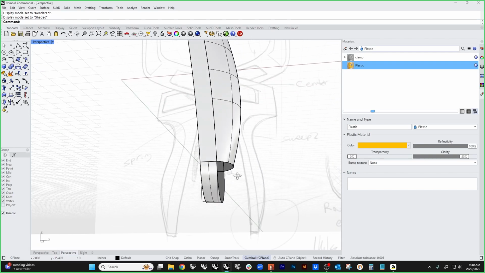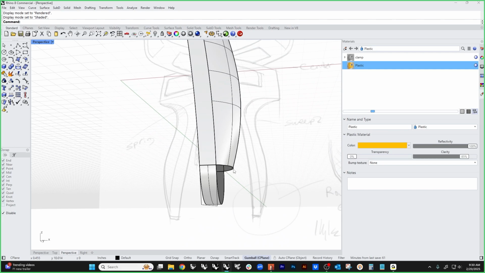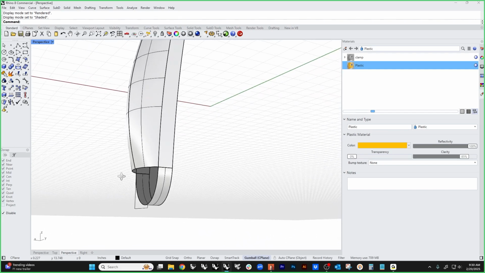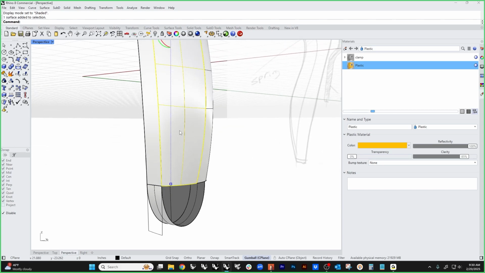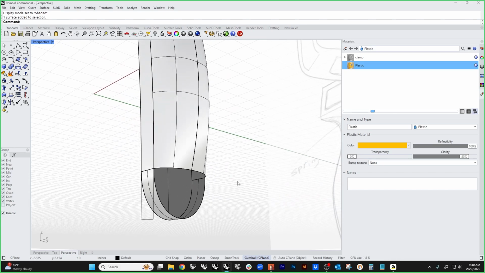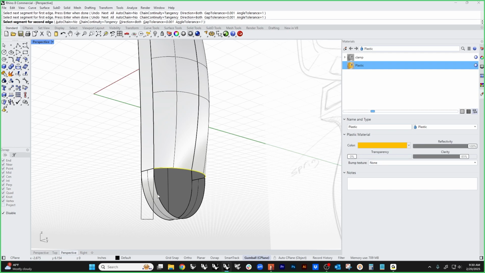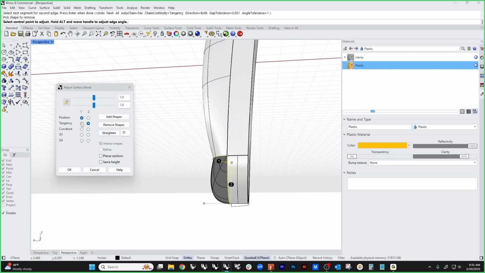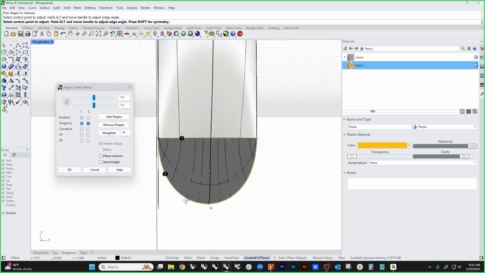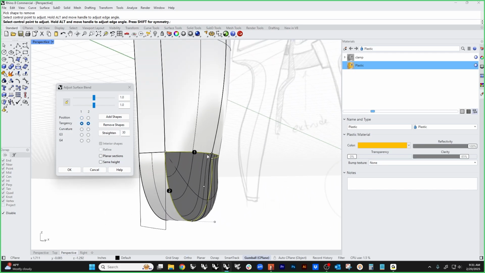There's a little difference in how this is going to work down here, and we may actually need to bite into this surface a little bit. So let's just see what happens. The cheat is if we chain edges using blend surf, and I chain this and I go to that, it's going to give me a result. And if I go tangent, you can see that it's tangent on